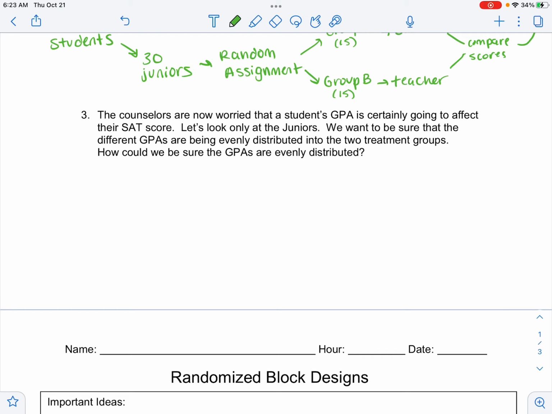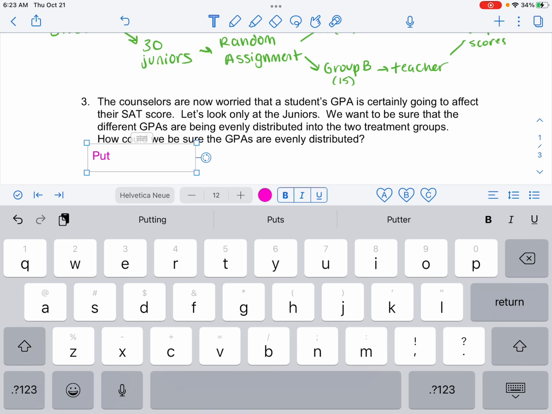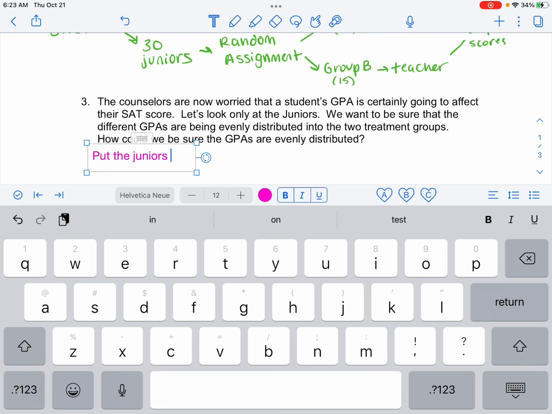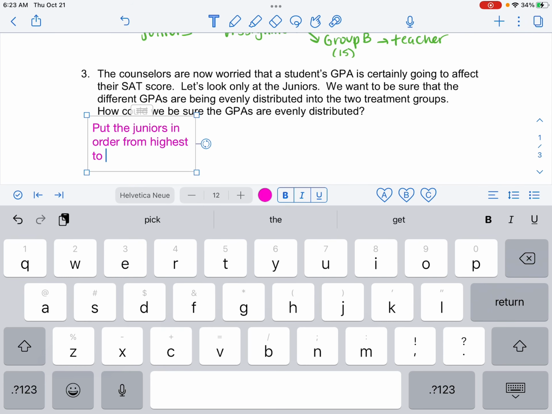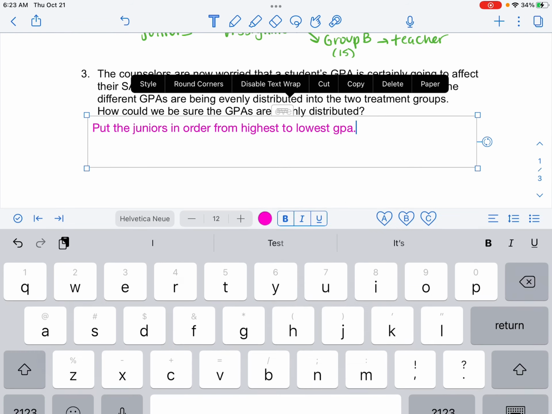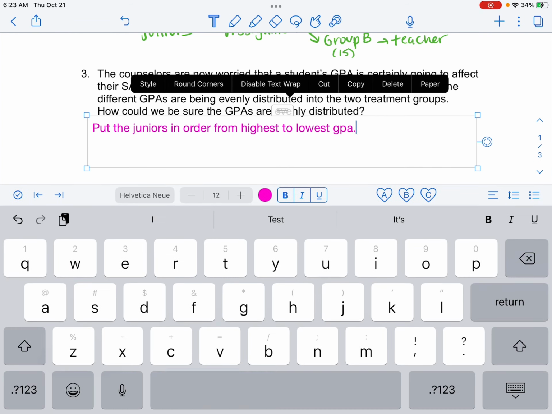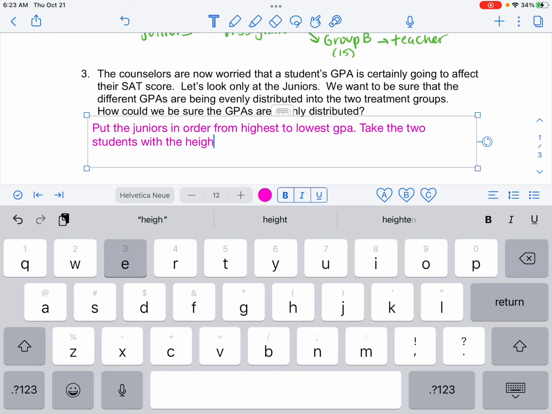Instead, I'm just going to say, we're going to put the juniors in order from highest to lowest GPA. So I'm going to get them in order from highest to lowest GPA. Then I'm going to take the 2 students with the highest GPAs